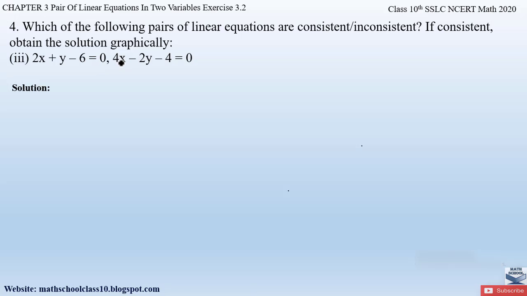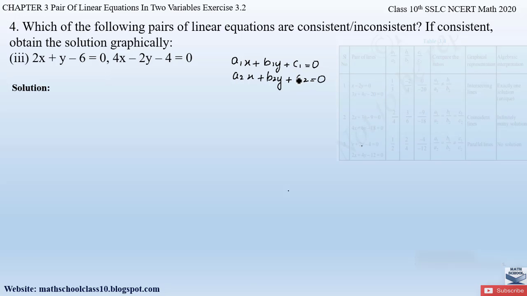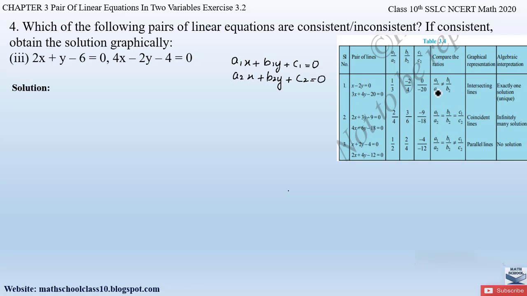Okay, so first of all, let us find out whether they are consistent or inconsistent. For that, let me write down first the general form of a linear pair of equations, that is a1x plus b1y plus c1 equal to 0 and a2x plus b2y plus c2 equal to 0. So here we will find out the coefficients a1, b1, c1, a2, b2, c2, and then we will find out the ratios of a1 by a2, b1 by b2 and c1 by c2 and find out whether the lines are